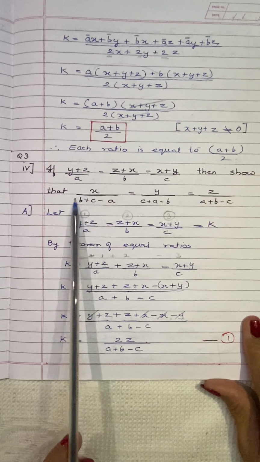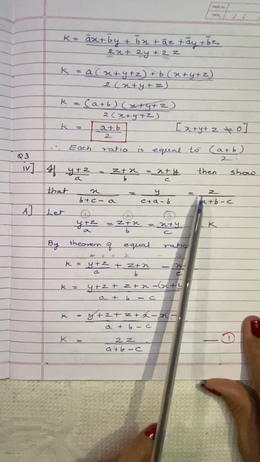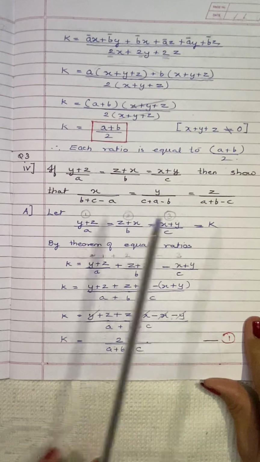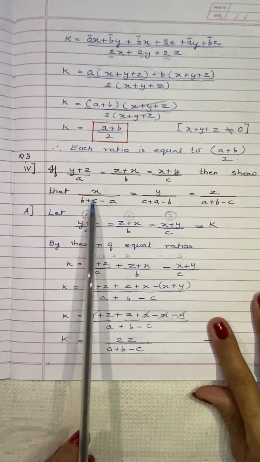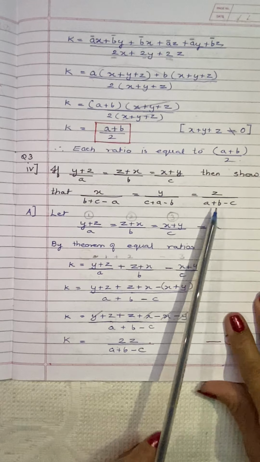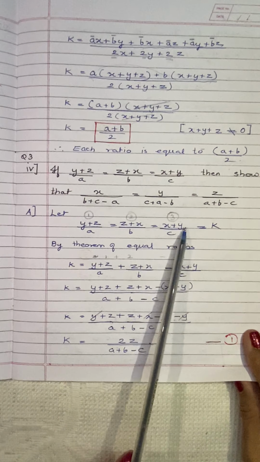Now sub question 4 of question 3, this is the expression given. Then show that x upon b plus c minus a, y upon c plus a minus b, and z upon a plus b minus c. Now this is the expression which we need to solve, and we should get this as the answer. So y plus z upon a, z plus x upon b, and x plus y upon c